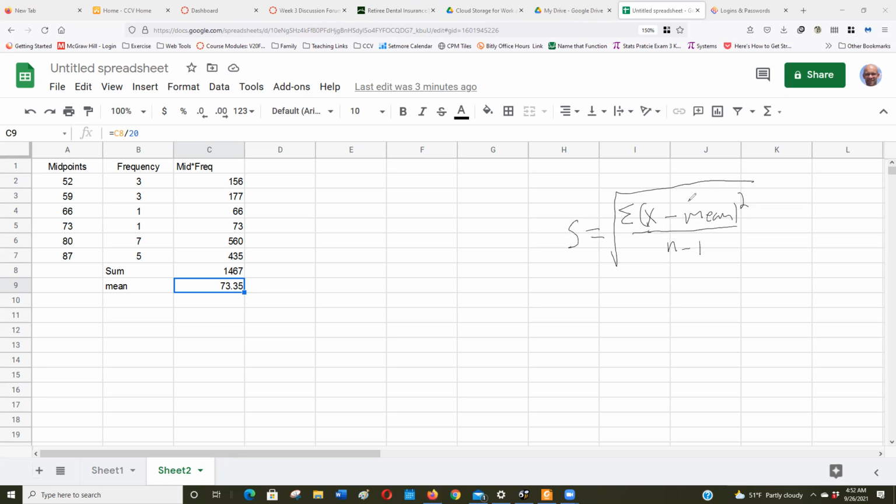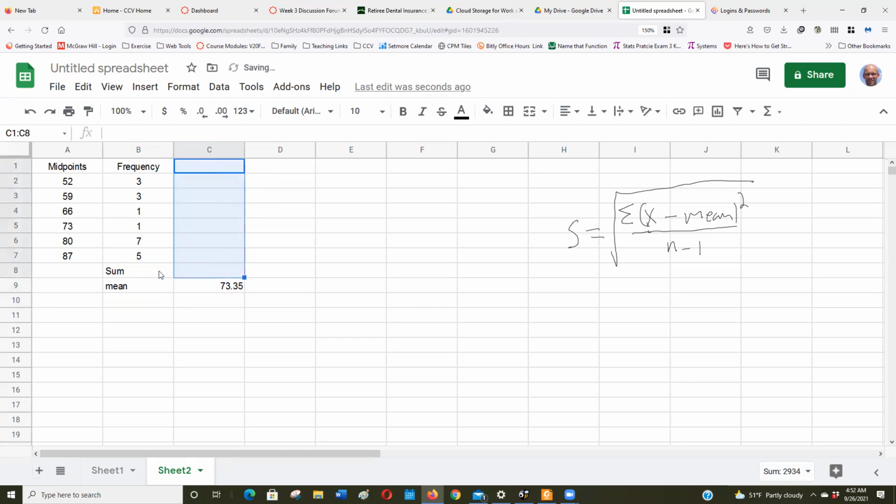Now there are all kinds of calculators that'll do a weighted mean and find all the summary statistics for you. It's good, but I think it's good to know where it comes from. I'll never make you do that by hand, but here's how you do it by hand. Okay, and I've done this before. Let's see, I don't want to lose that 73.35, so I'm going to rewrite 73.35 so that when I delete these numbers,